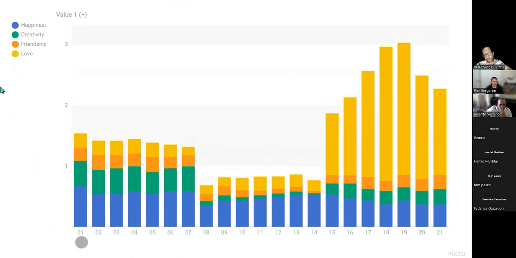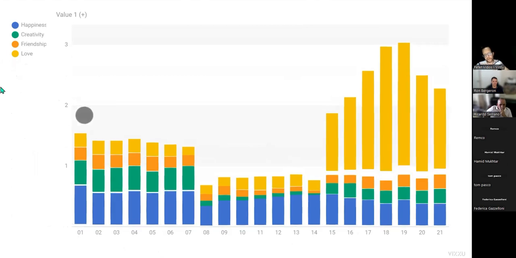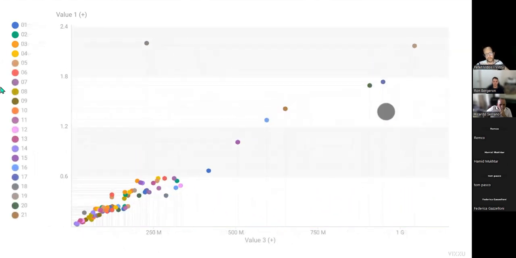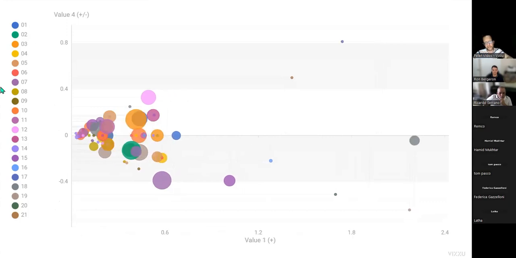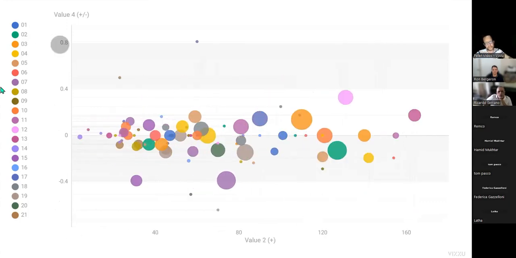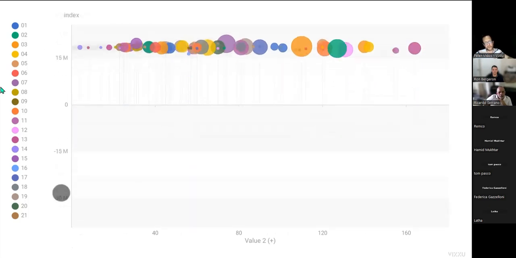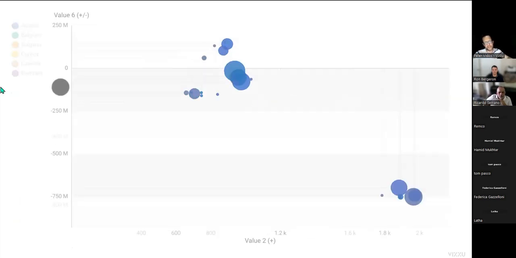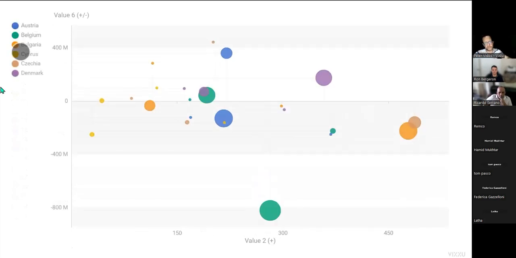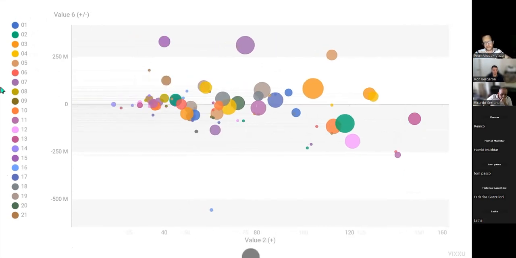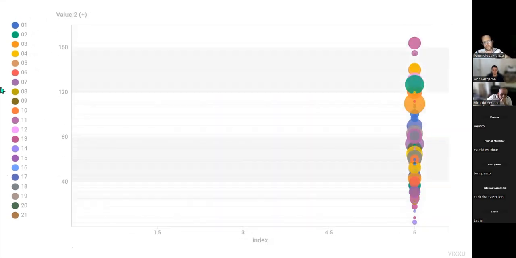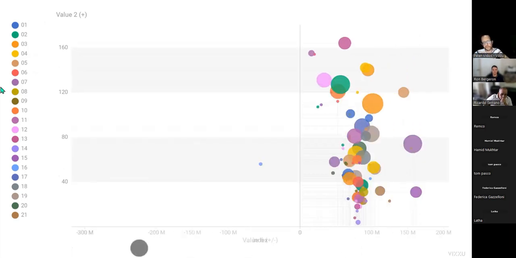I can turn this into a scatter plot if I do this. So now it's a different chart, and I can even turn it into a bubble plot if I do this. I now have 2 values on my 2 axes, and I can just swipe through it very intuitively and look for correlations or outliers. I can change what's on the category like this. So there are plenty of pretty intuitive ways to look through and scroll through my data thanks to this.